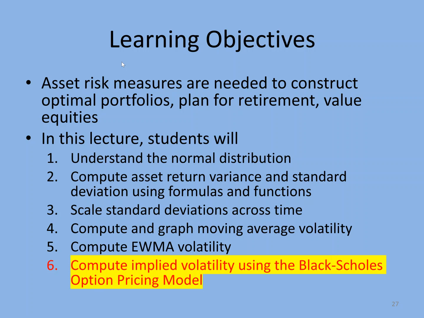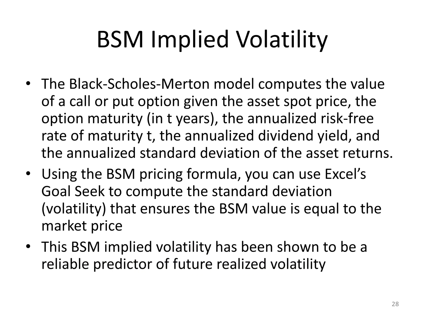Modeling, Topic 2, Section 6: Computing Implied Volatility using the Black-Scholes Option Pricing Model, also called the Black-Scholes-Merton Option Pricing Model. This Black-Scholes model is a mathematical model to calculate the value of a call or put option. The inputs to that model include the risk-free rate, the maturity of the option, the strike price, and the dividend yield. However, the biggest, most uncertain, and important input is the expected risk, or annualized standard deviation